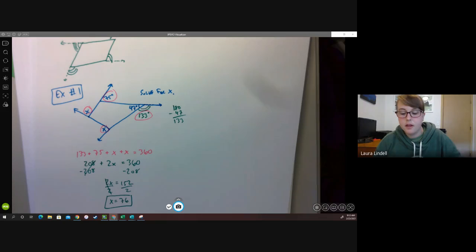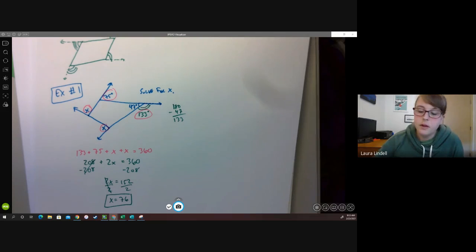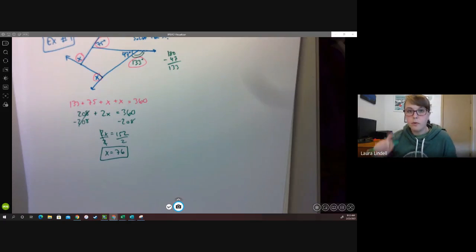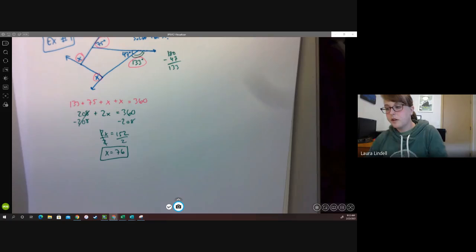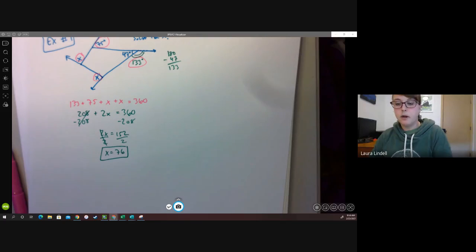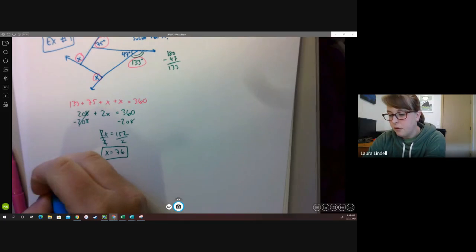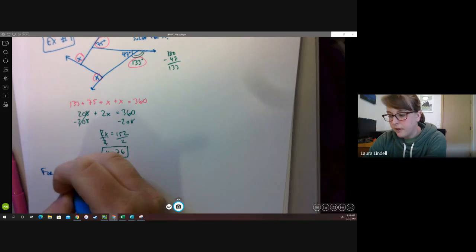Okay. If you think of anything partway through, feel free to type it in the chat or unmute yourself and say so. But moving along, there's only one more thing about exterior angles that we need to talk about today, and it's exterior angles of regular polygons. So for regular polygons,